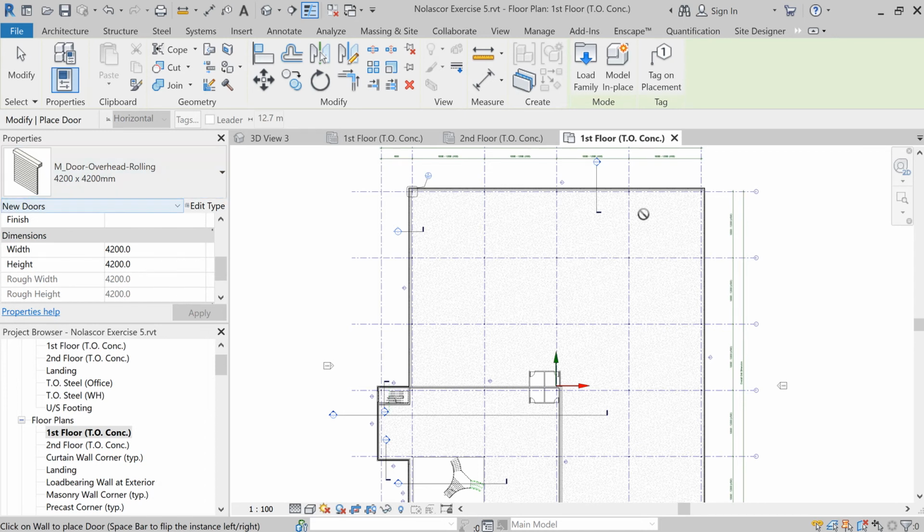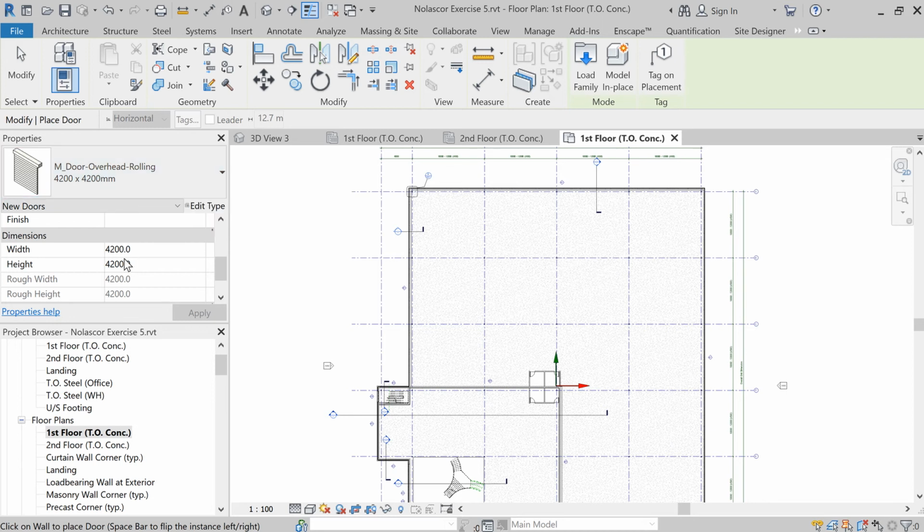So anytime we insert the door here, we can change the width and height, and that will not affect the other doors of the same type, right? If we insert several of these, you can change them individually